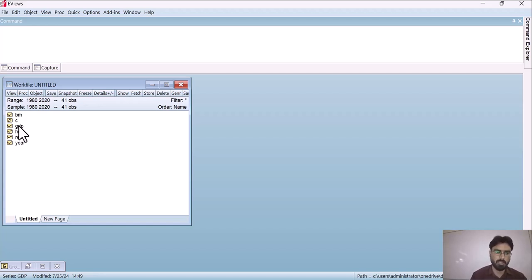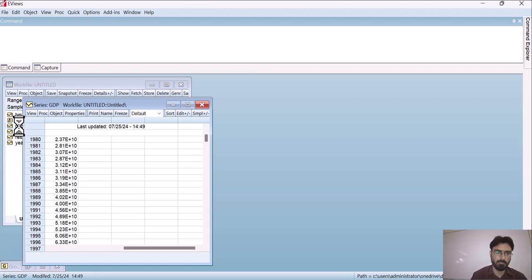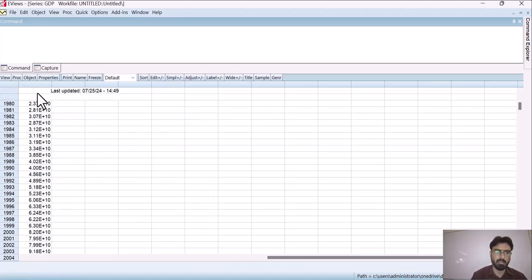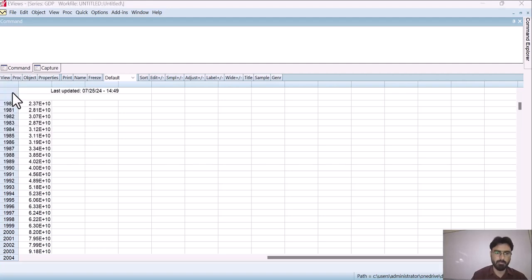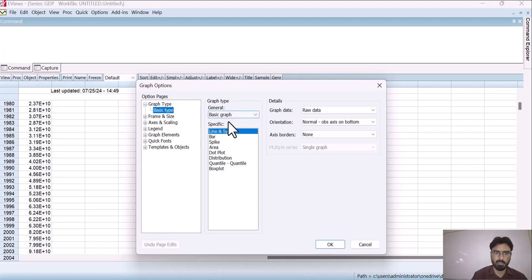For this I have to double click on this variable, and then I will go to View, then Graph, and I am going with this default option, and here you can see that it is mentioning graph of raw data.